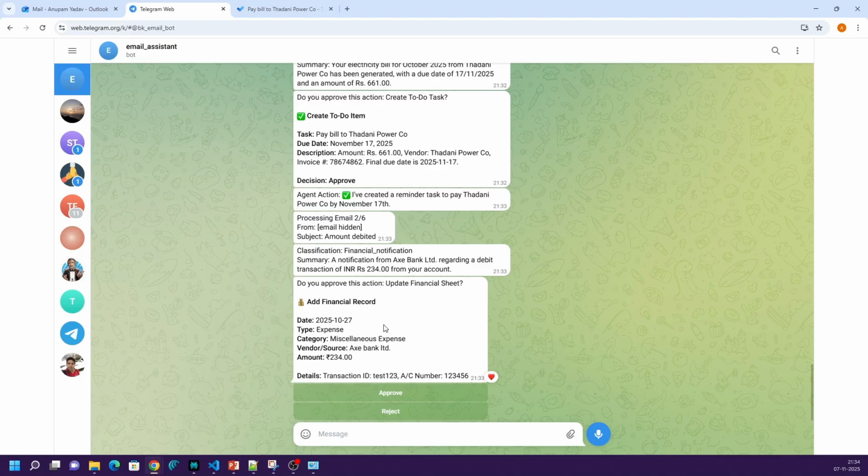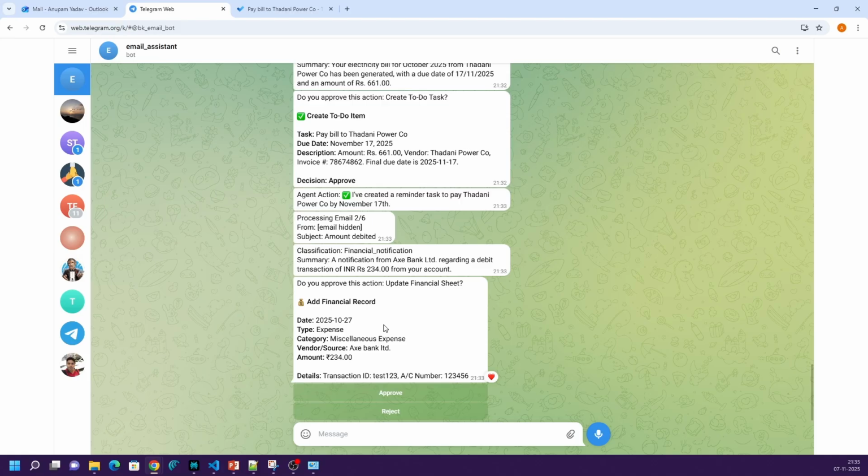So for all your financial transaction related emails, the agent is going to extract data from them and add a record, like income and expense records, to your financial ledger Google worksheet. That way you will get a consolidated summary